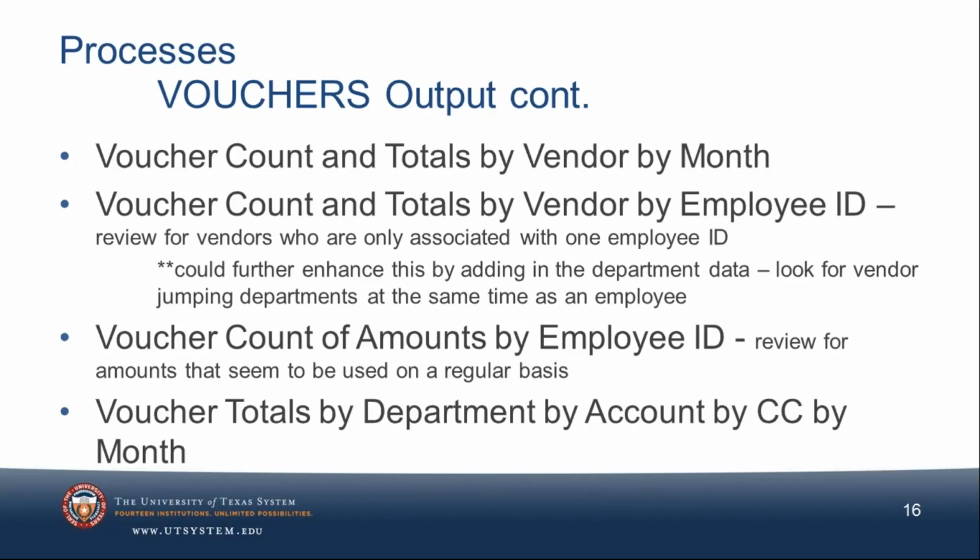Yeah, I think that would be more for direct journal entries, but you could also apply that to vouchers, if they're making regular payments to themselves as a fake vendor. I don't know. I guess it would depend on that criminal mind, if they're going to keep the same amounts or if they're going to change them up. But that is something that you could look at. Voucher totals by department, by account, by cost center, by month. So again, just a very, very fine drill down into the totals.